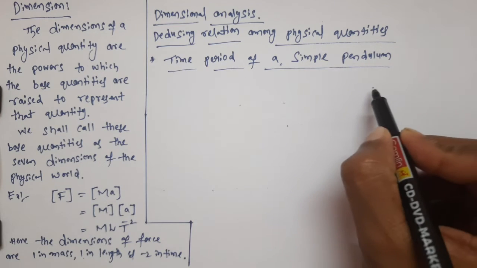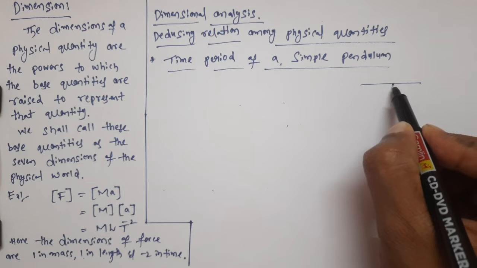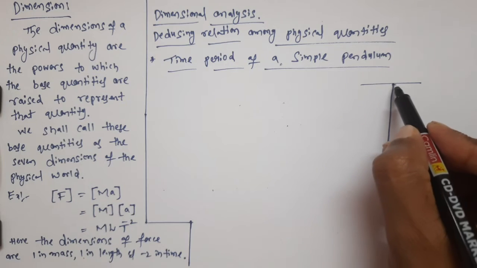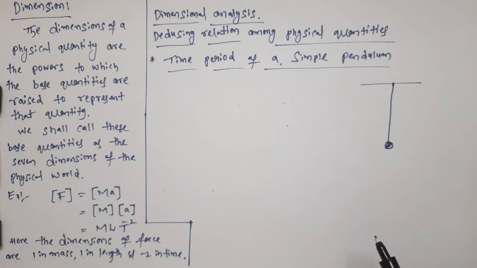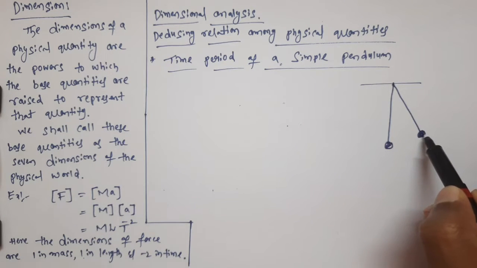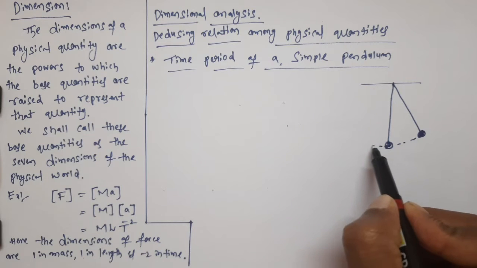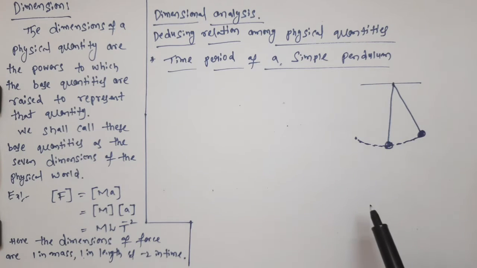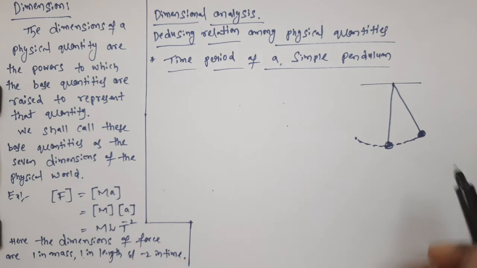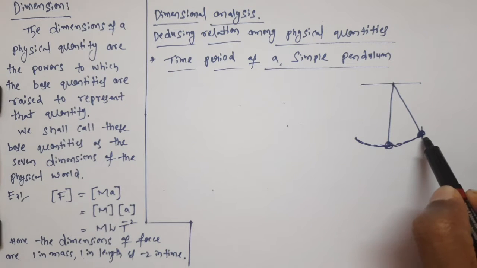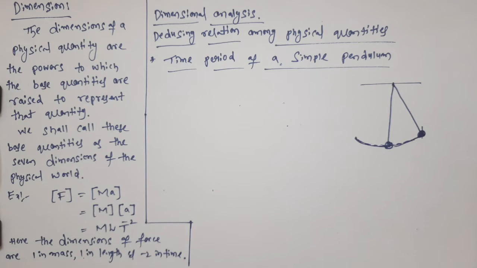I think you know the simple pendulum. If we take a bob which is connected to an inextensible string, and it is hanged here, it can be called a simple pendulum. If we take the bob to this side and leave it here, what happens, guys? It comes like this, goes to here, and again comes back and keeps making oscillations, right? Now here we want to derive the equation for the time period. So what is the time period? The time taken to complete one oscillation. That means if it starts here, it has to go here and come back. The time taken is called one time period.